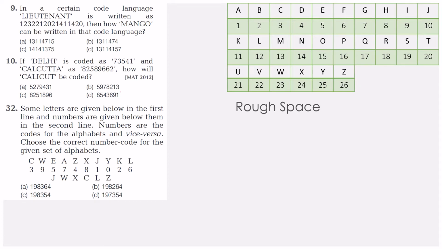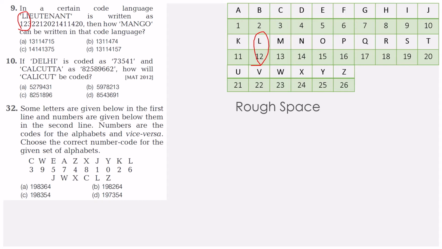Okay, let's go on with the 9th question. They gave Litwin is coded as 1232. Okay, the code is much bigger. We can read that easily in a short period of time. They are asking the code for mango. So if you just think logically, L can't, I mean, it can, but L is coded as 12 over here. So let's take a look at L's index. So L is 12. So by the first word itself, you can understand. Or if you are confused, you can go for the second one. E is for 3.